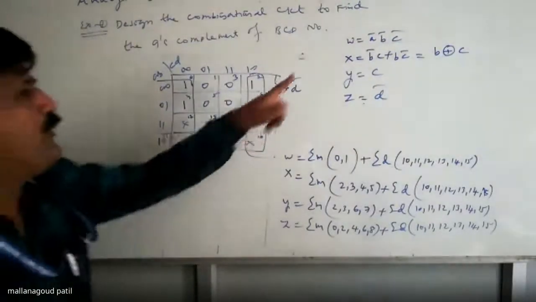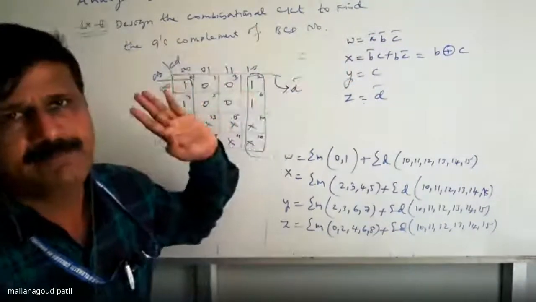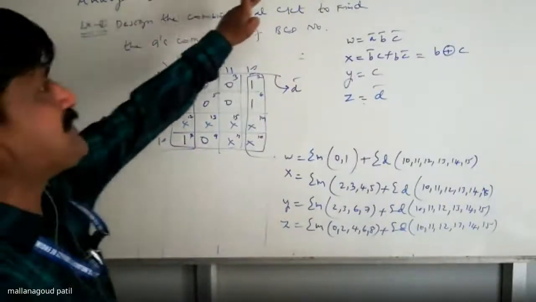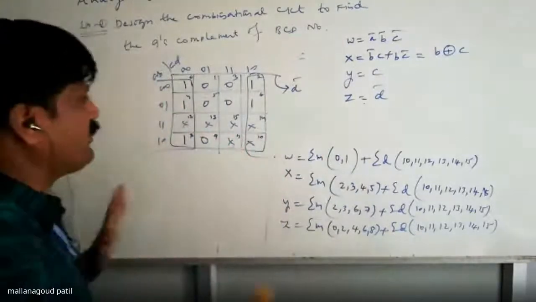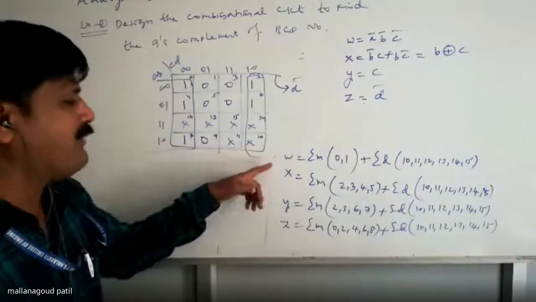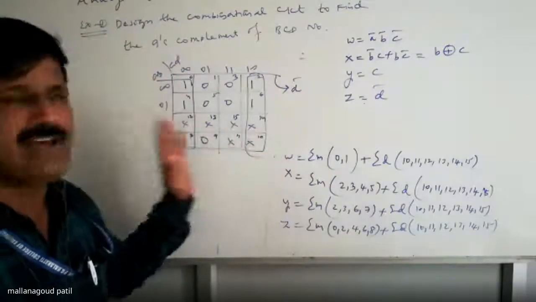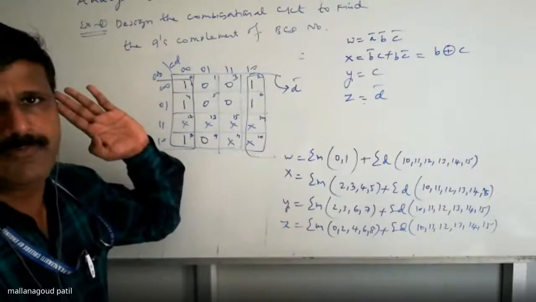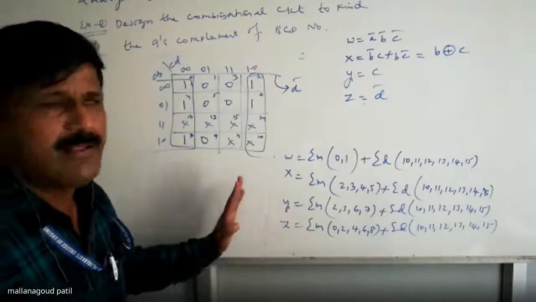It's okay. We calculated W, X, Y, Z based on the inputs A, B, C, D. Now what should you do? Implement. Our problem statement is combinational logic design, so you have to implement. I already got W, X, Y, Z, so now you have to design. Do you have any problem in entry? One way or the other, you will understand how to enter the problem statement. This is exactly the same as the K-map. We did it in module 1. The same will repeat here also.